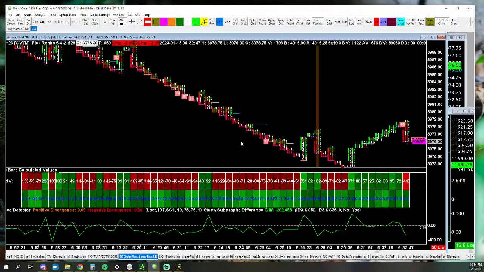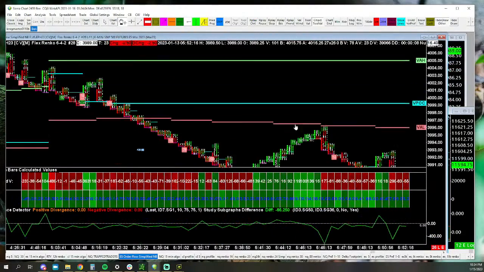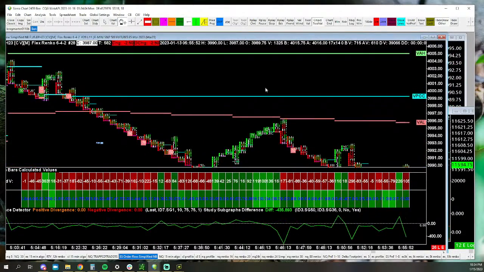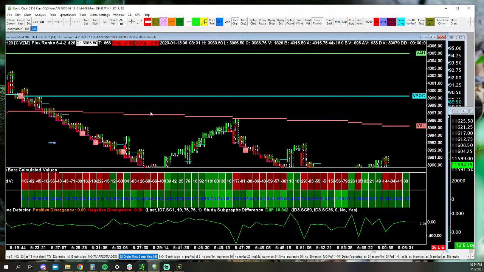Now what I want you to see, I'm going to go back to where it was clearly bearish, and let's look at what happens when it's clearly bearish. Okay, this is the bearish. When it's clearly bearish, how long does price spend above the zero line? Not a lot, right? Very rarely does price get above the zero line. Now, how much does price spend below the zero line? A lot, right? What happens when the price goes above the zero line and then falls down? Let's check that. That's a very simple thing to see.